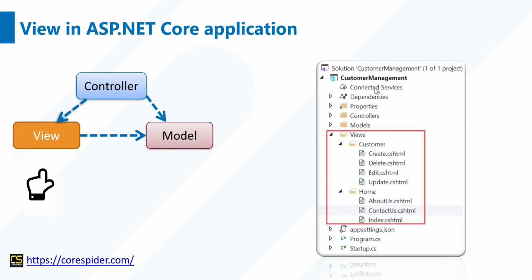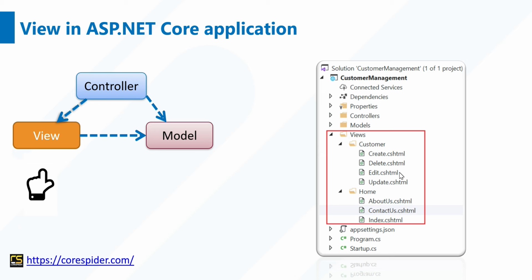You can see that in the ASP.NET Core MVC application, in the root project folder, the Views folder is present here. Inside the Views folder, the view files are stored. The view files are stored in the Views folder by default. View files that belong to a specific controller are stored in a subfolder in the Views folder, and that subfolder has the same name as the controller. That means if the controller name is CustomerController, then inside Views a folder named Customer should be created, and inside the Customer folder all the view pages are created.